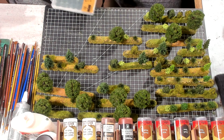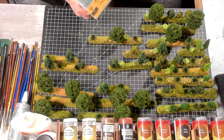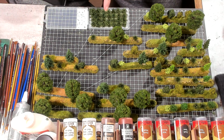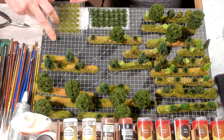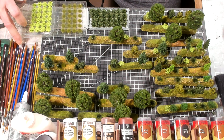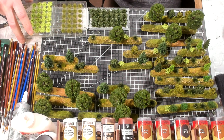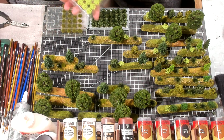Okay, now this is like a Chinese-made tuft. I've already used one of the packages on these tufts, the dark green ones, but you can see it sheds quite a bit. And that's the OD green from Noch. Now, and then there's the flowery ones. The OD green ones are already placed, and I'll point out a few of the OD green ones,